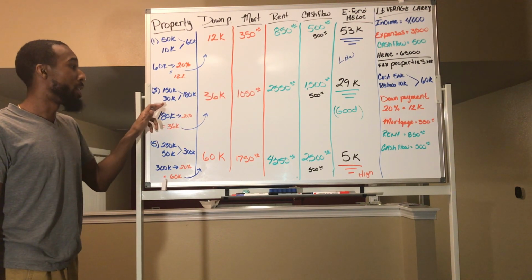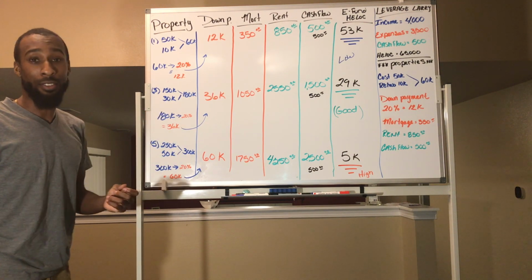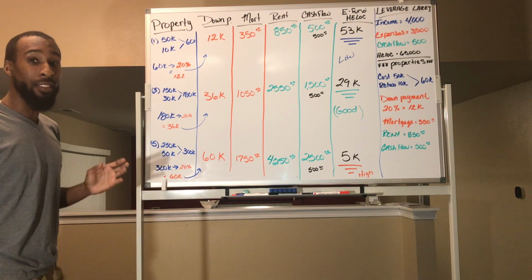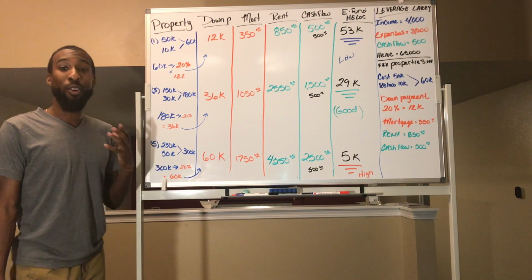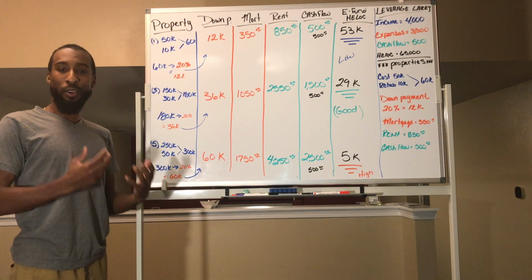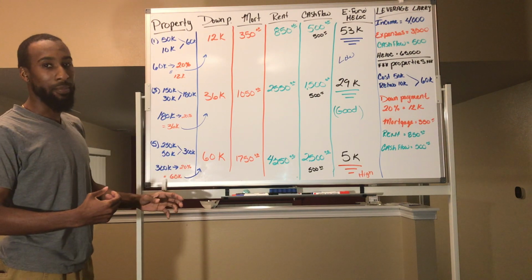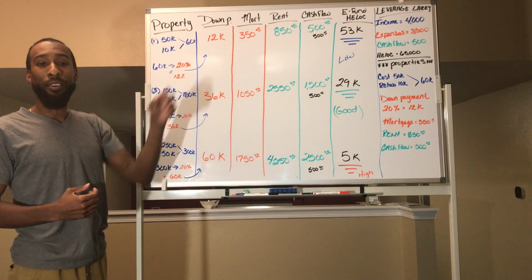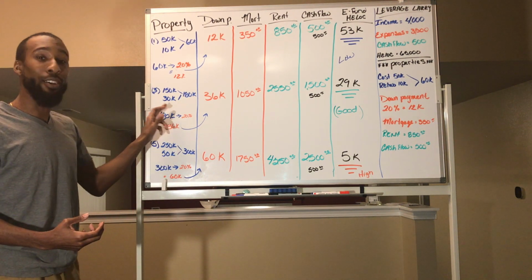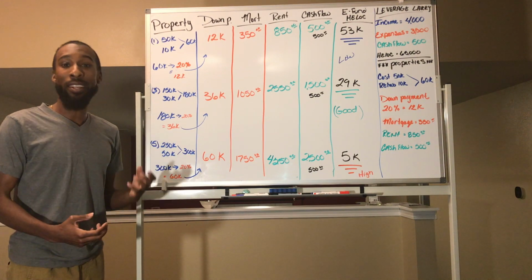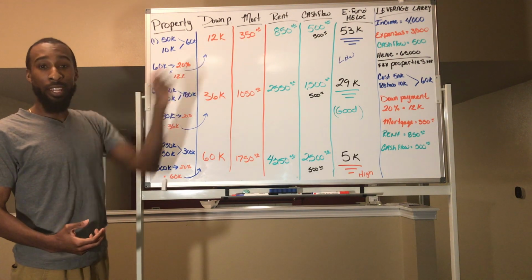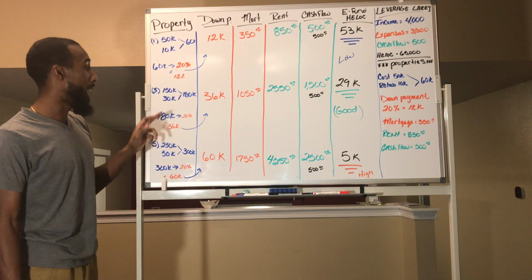Now, since we have put $30,000 into fixing properties, this is called a write-off. So what this means is, let's say Larry made $30,000 for the year from his job. Even though the numbers don't add up to be 30,000, let's just pretend that they do. Since he has a $30,000 write-off, that means that Larry does not pay taxes on his paycheck because he had